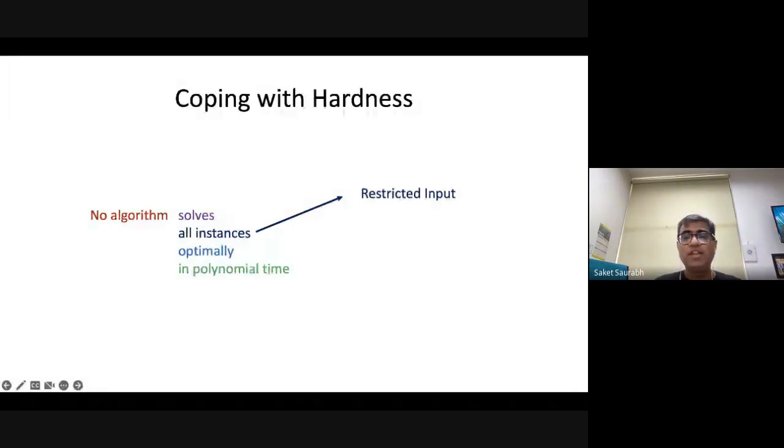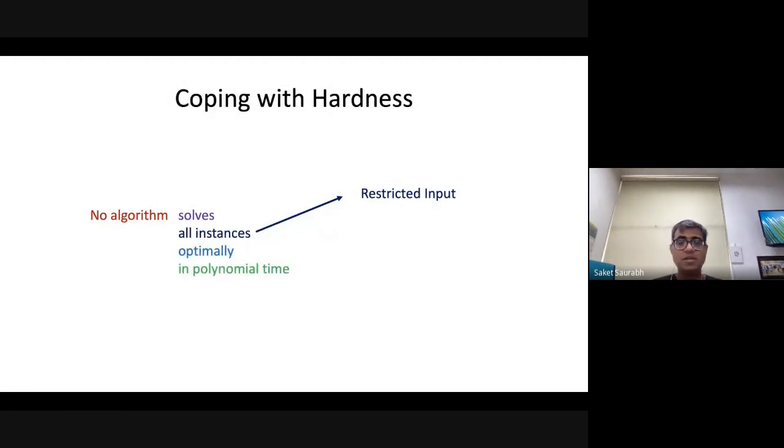So how do you cope with NP hardness? Okay, so notice that a lot of the time we see that some problems are easy on trees. So what is the meaning of easy? In general, the problem is hard. For example, look at this vertex cover problem. If you restrict your inputs to trees, the problem is easy. Or when I say easy, it can be solved in polynomial time. So this leads to restricting the input, or this also leads to this notion of parameterized algorithms, which we'll talk a little bit about.